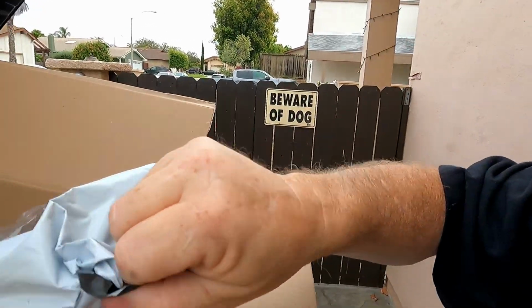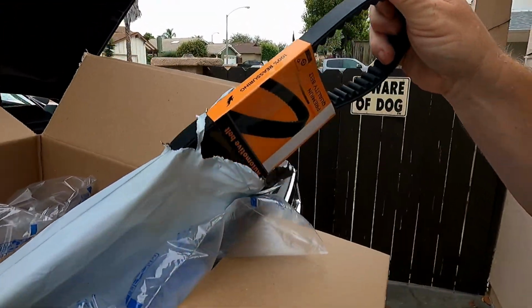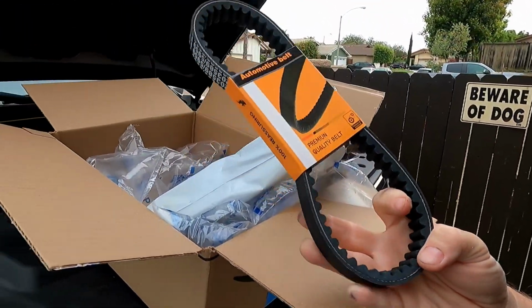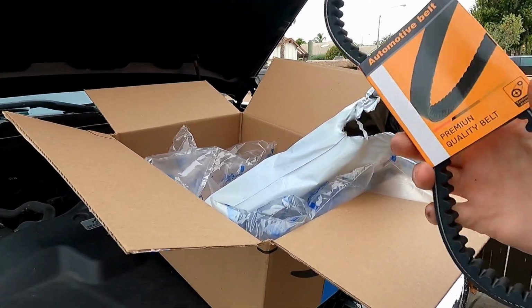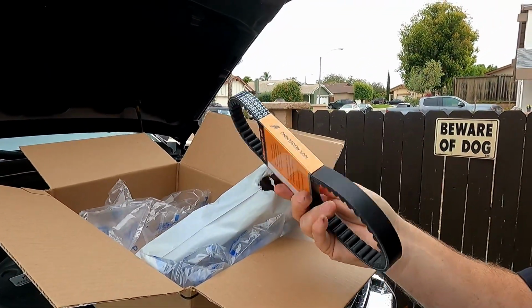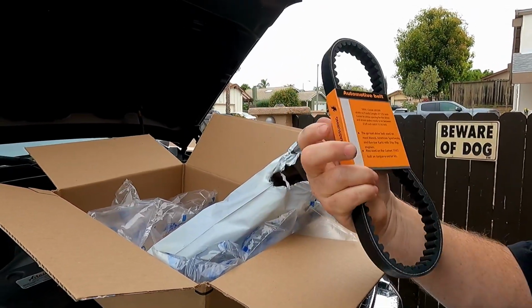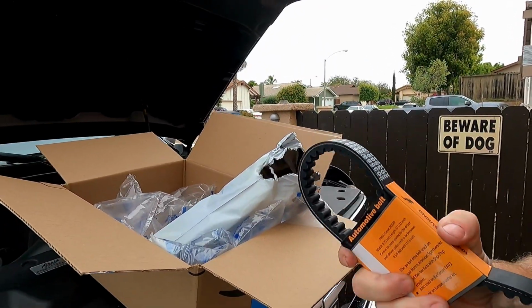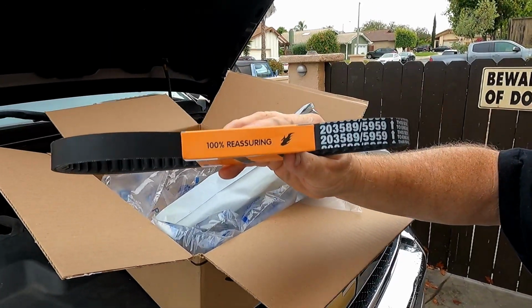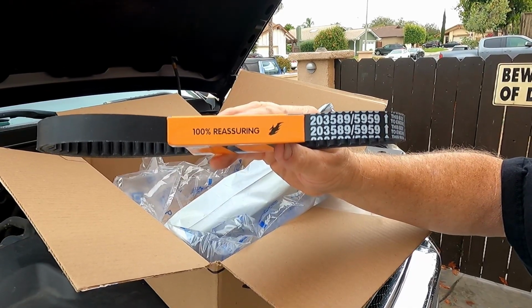Now the next one is some belts. Now these aren't Comet belts, but they had good reviews. Let's see, where's the part number on them? There it is, 203589. That's the big number. I think it should have an A on it,